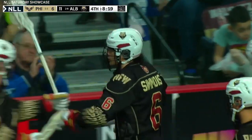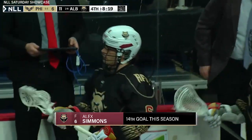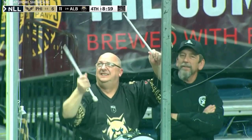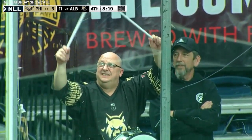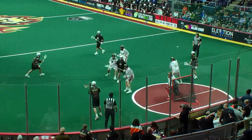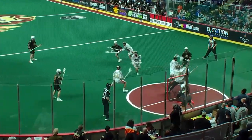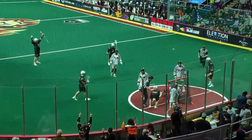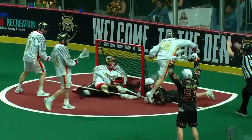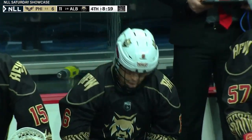Well, that would have been a great shot to take, and an even better pass to make to Simmons behind the net. They had the defense moving from side to side. I believe it was Tye Kurtz that made the eventual pass over. A really nice seal there. Watch Simmons at the top of your screen. Sorry, that's Longboat who sets the little up screen. Kurtz comes down and then finds Simmons. That would have been a great shot for Kurtz, but even better to give it back behind where Deacon Knott can't take one side and then